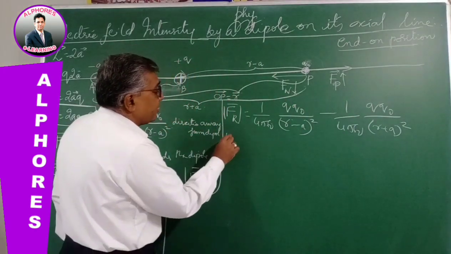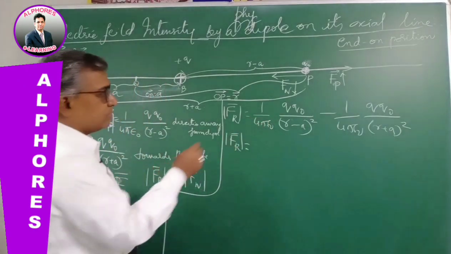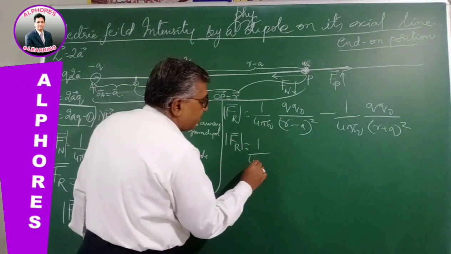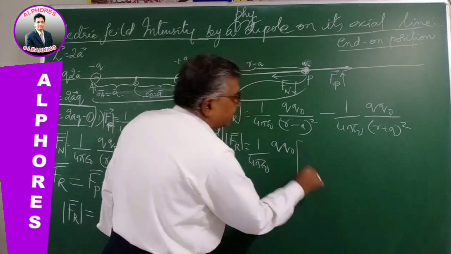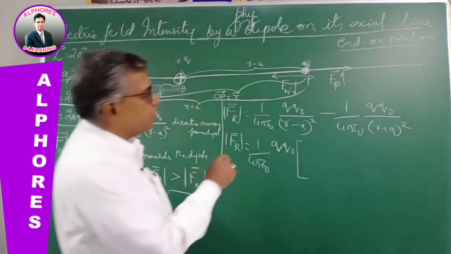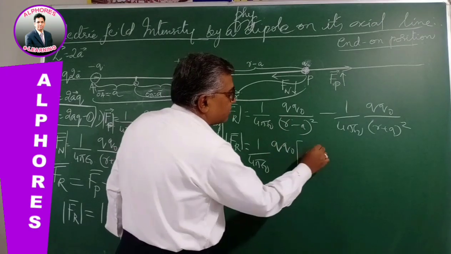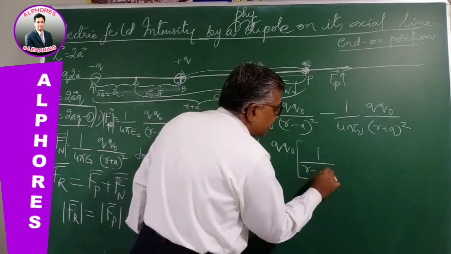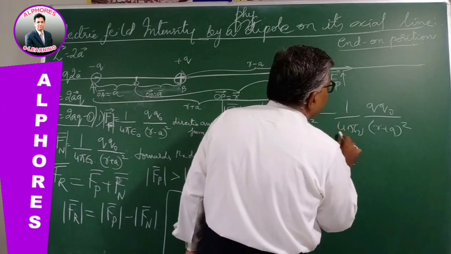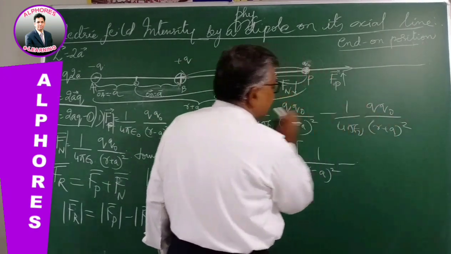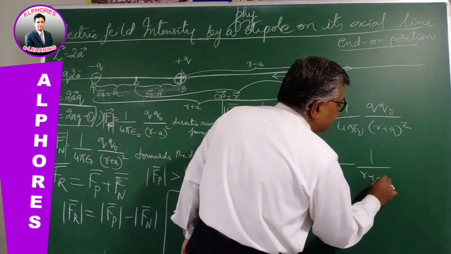Let us simplify. So for the resultant force, let me take the common things out. Out of these two, the common things are 1 by 4 pi epsilon naught q naught. Now the remaining in this term, since 1 by 4 pi epsilon naught q naught has come out, is 1 by r minus a whole square. Minus, even in this one also 1 by 4 pi epsilon naught q naught has come out of the bracket, so the remaining is 1 by r plus a whole square.